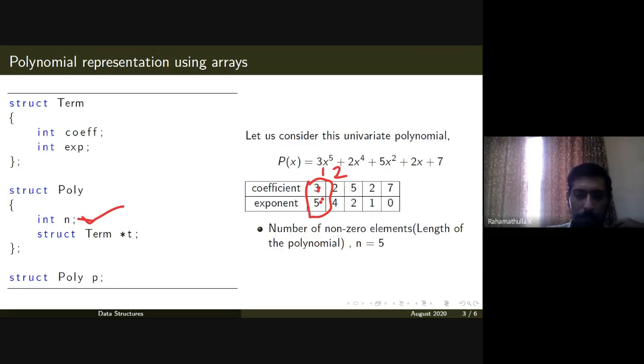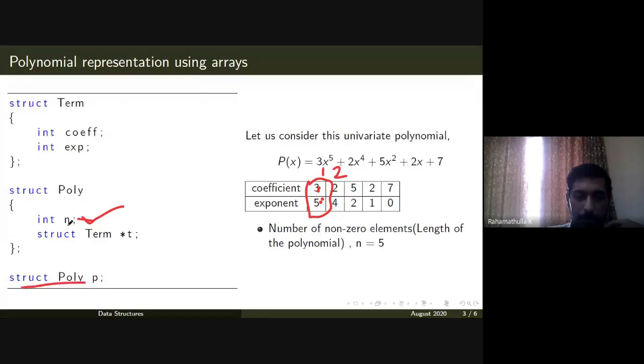So a list of terms will be created in the heap memory, and I'll be giving a pointer to the first entry. So this will be treated as an array of structures in the heap, and the struct poly will contain the value which says how many terms are here and a pointer to the first term, right? This is how we create a polynomial.